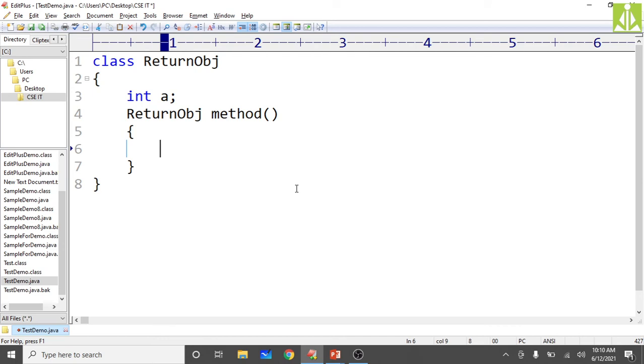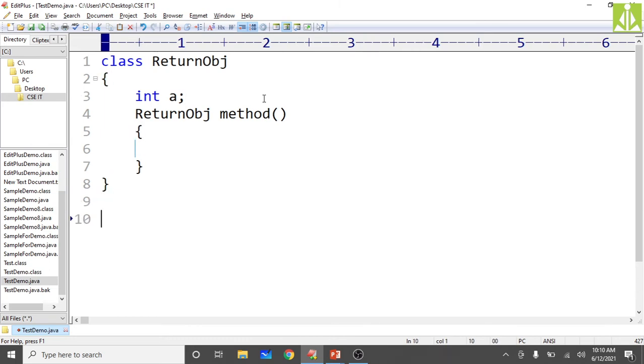Whatever a variable we have, right? So this a variable we need to initiate. So first let's just write the actual class, public class, then we will come over here and do the coding. So directly go to the public class.